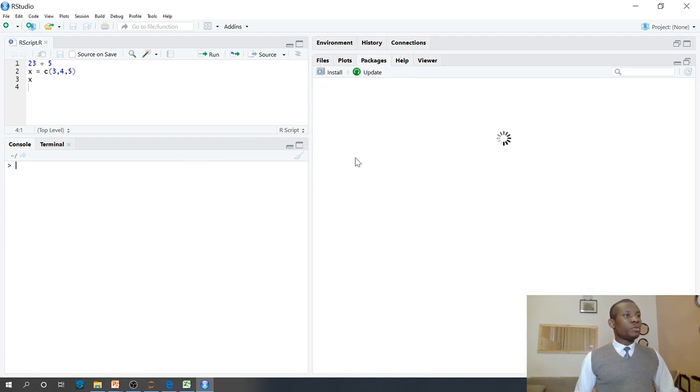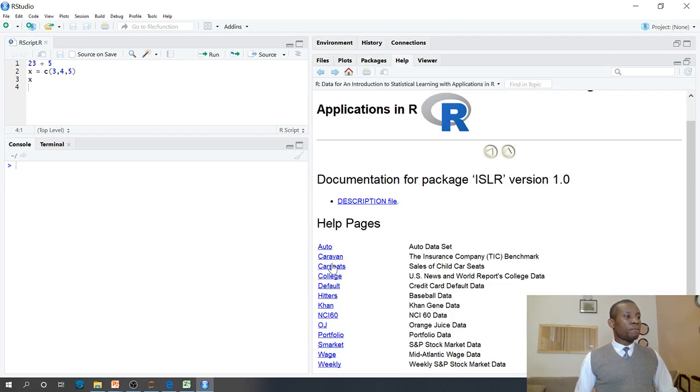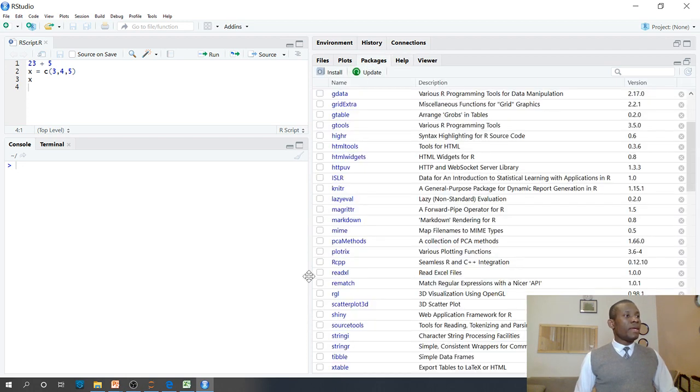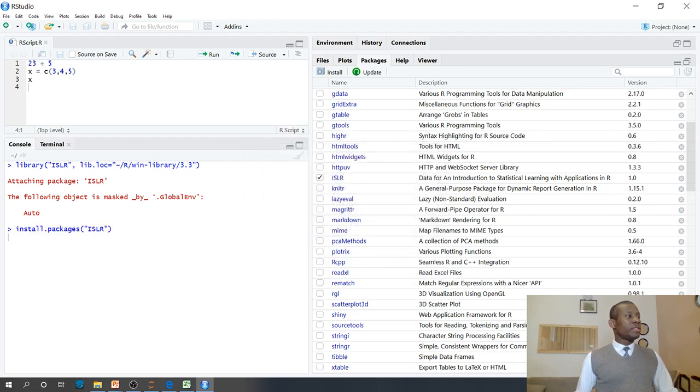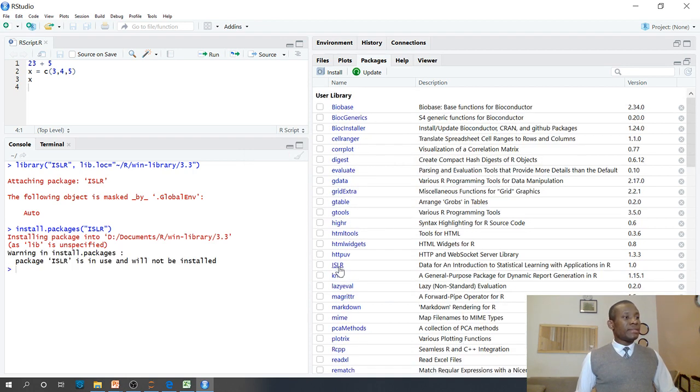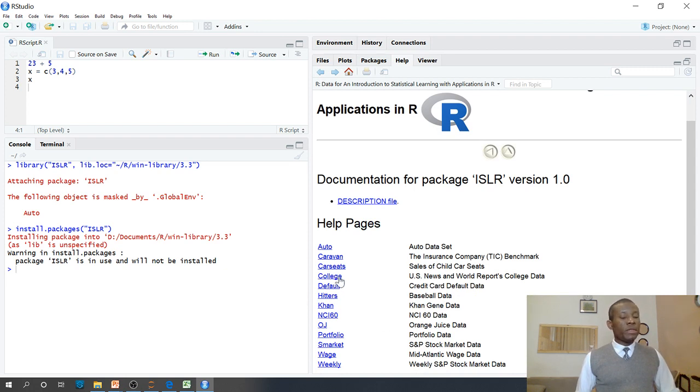I'm going to go to packages. Under packages, you can go to ISLR and see a number of data sets. If I click on ISLR and click install, I can install it. I've already installed it, so I'm not going to install it again. In ISLR, there are many data sets inside. Now I want to export a data set from R to my system. I'm going to use the college data set. I'm going to say